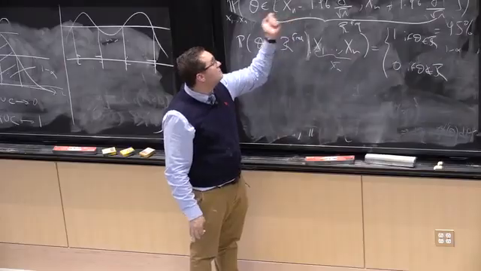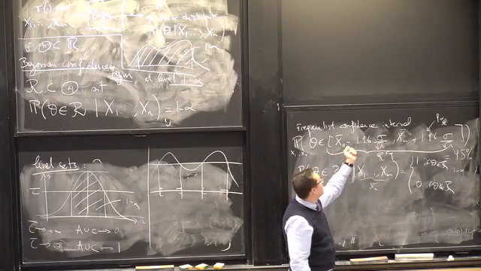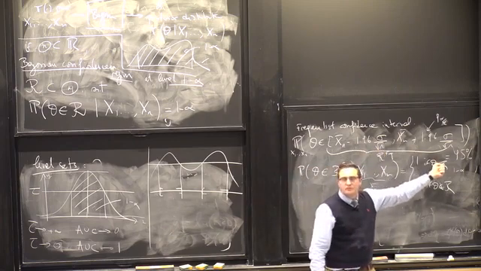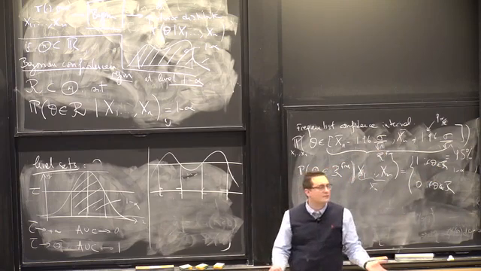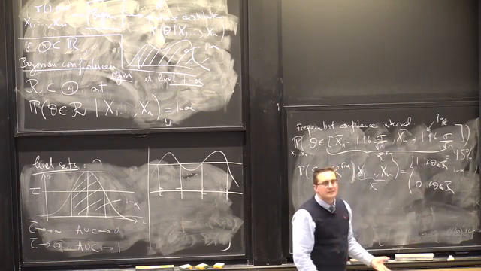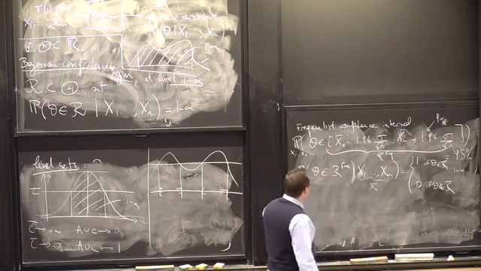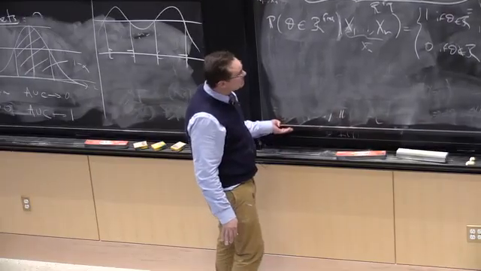The average is maybe 3, and so I get 3. Either theta is between 3 minus 0.5 and 3 plus 0.5, or it's not. So I write it as a probability, but it's really not a probabilistic statement. It's either true or not. Agreed? So what does it mean to have a frequentist confidence interval? It means